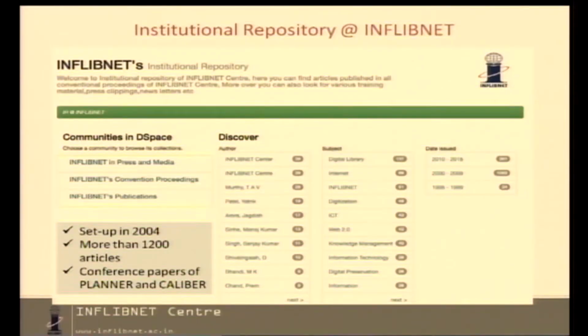In this repository we have about 1,300 articles that were published either in Caliber or in Planner or that are written by our faculty. They are all available here. People can freely search, locate and download them.